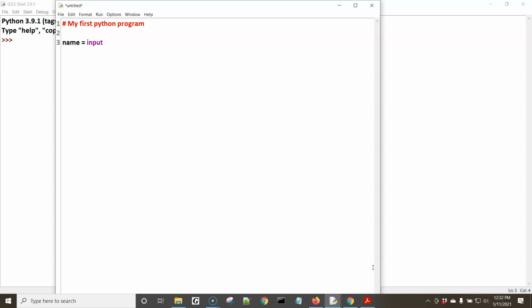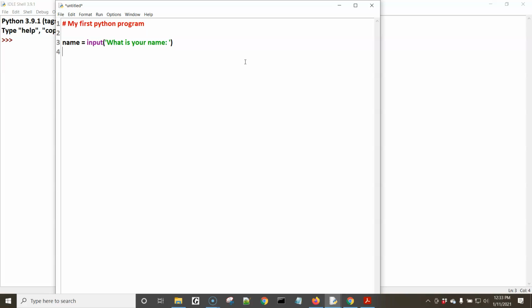And then what we can do is type in the text that we want to prompt the user with within our input call. So let me enter opening and closing single quotes, and I will type in what is your name, and then I will add a space. That way, when the prompt comes up, the information that they enter is not run together with the actual prompt. So on this line of code, we're going to prompt the user to enter their name. Once they've entered their name and hit enter, then that value will get saved in our